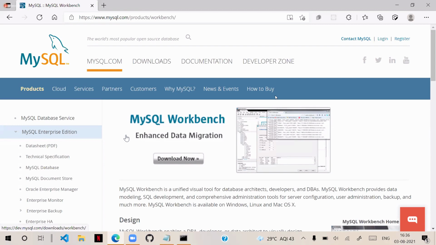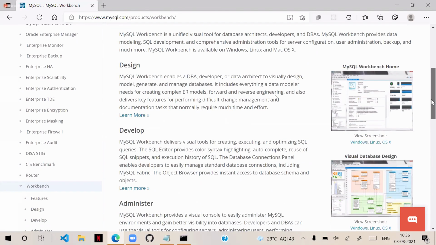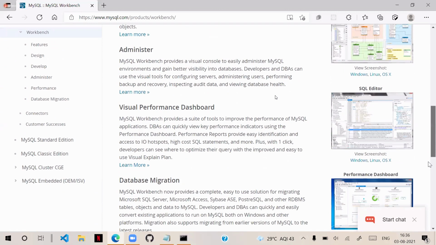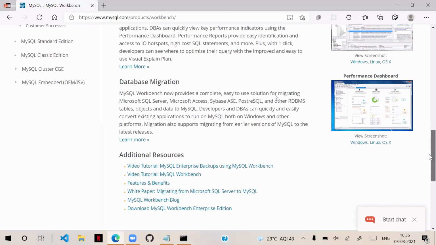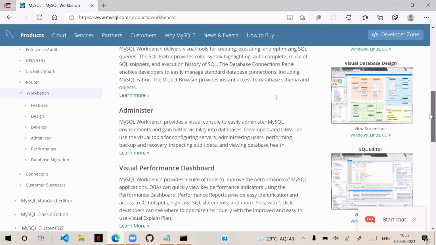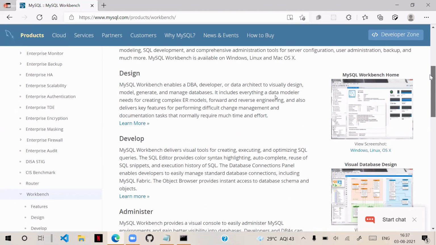You download this Workbench and install it on your computer. It provides all the options to work with SQL-based databases. It is available for all operating systems.